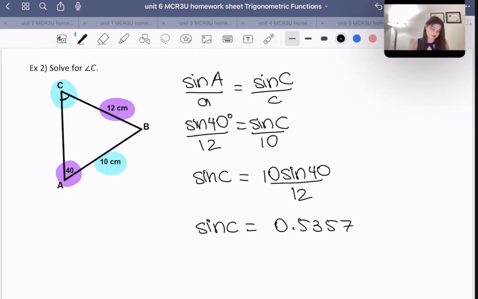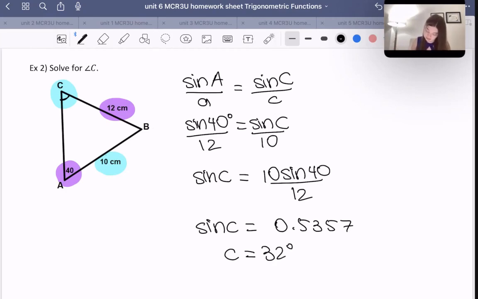But it's actually 0.535656341, and then some other stuff probably as well. And what am I going to do to find C, right? Because again, I don't want to know what sine C is. I would like to know what C is. I'm going to take this number and press second function sine, which is going to give us the inverse. And that is going to get me that C is equal to 32.388 degrees. Now, since it's degrees, I'm just going to round to the nearest degree and say it's equal to